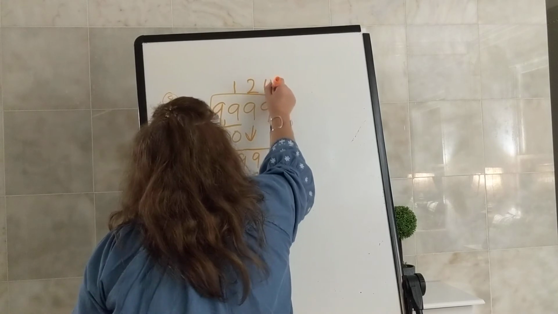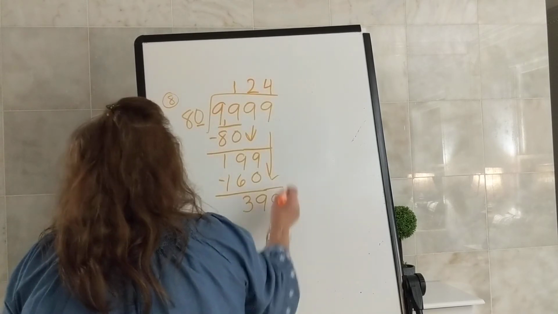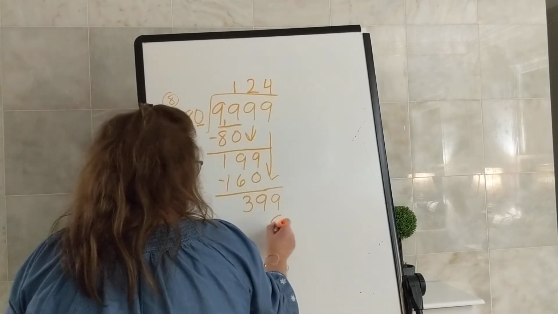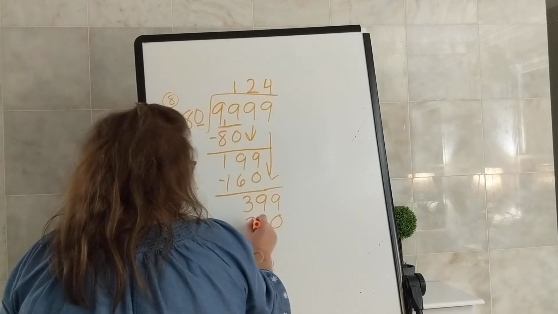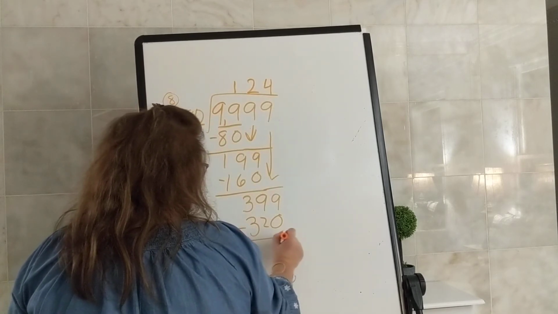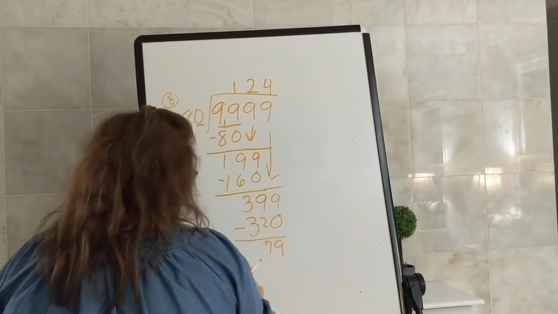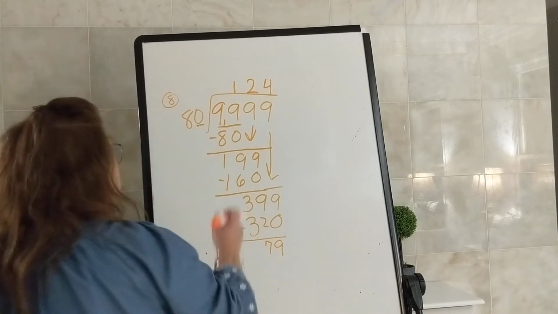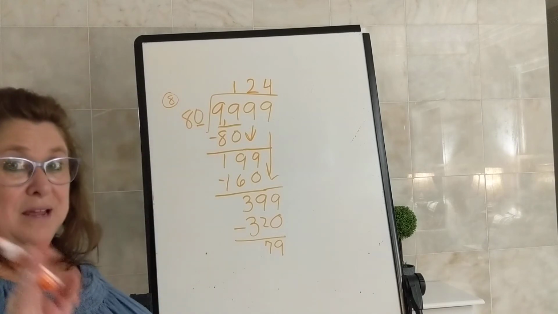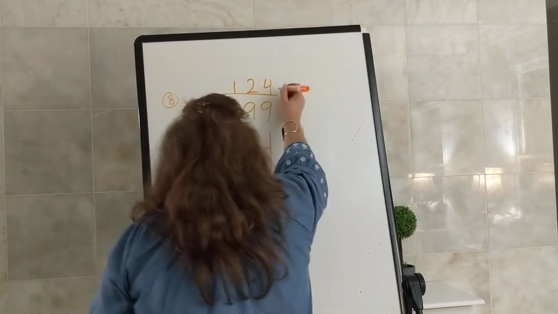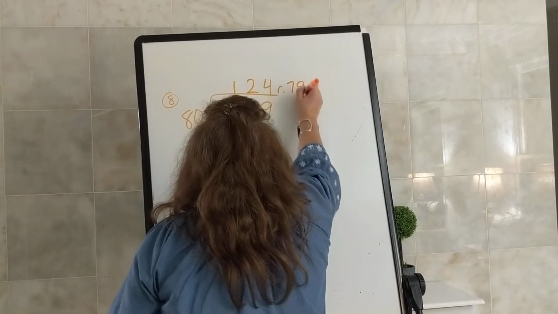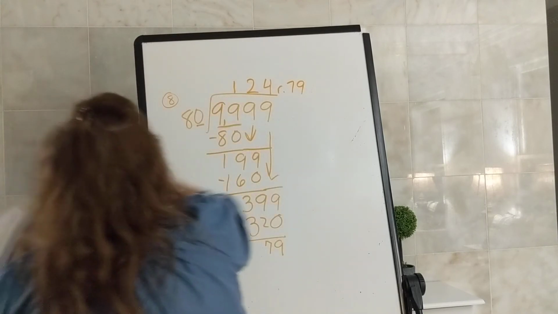Put our 4 up here. 0 times 4 is 0, and 4 times 8 is 32. We subtract. 9 minus 0 is 9. 9 minus 2 is 7. Ooh, look at that. Is 79 smaller than 80? Just barely, but it is. So the remainder is 79. To check, we're going to take our quotient,